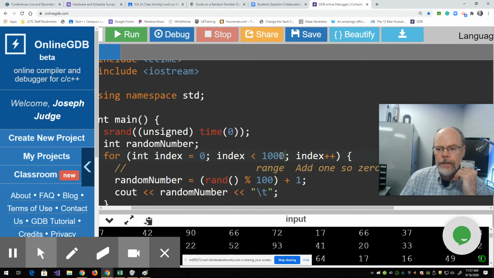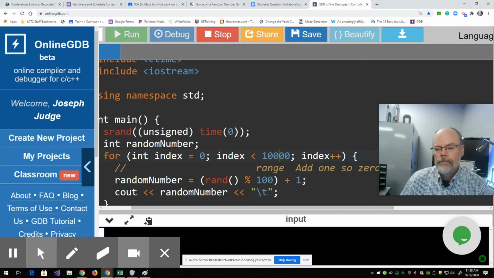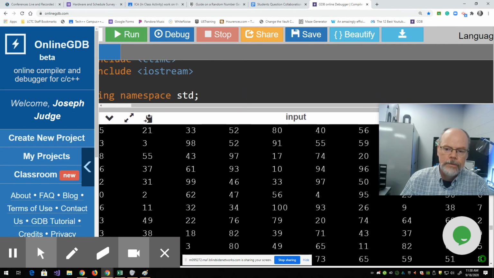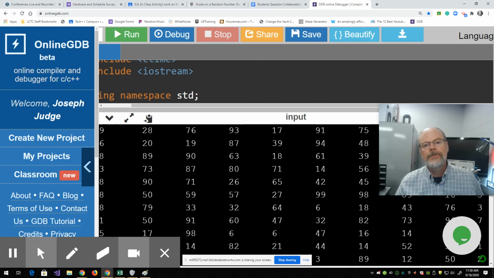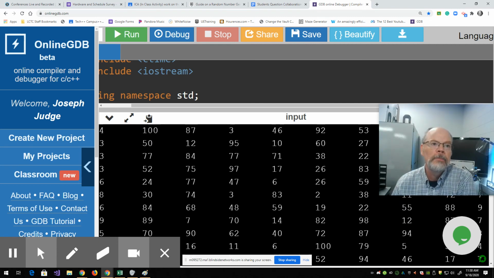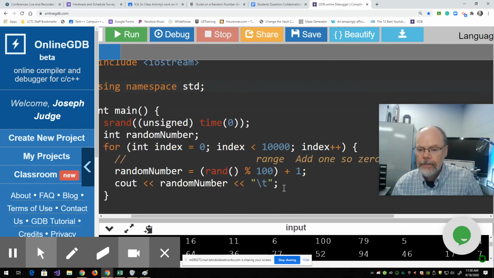So what if we did it 10,000 times? Now we run it 10,000 times. How many times do you think the number 42 shows up in there? Do you think it shows up at all? It might. So here's another thing we can do with this: within here, instead of just doing one number, or one line I should say,